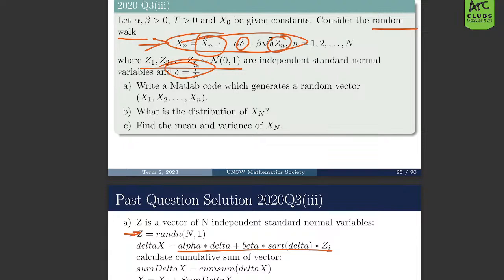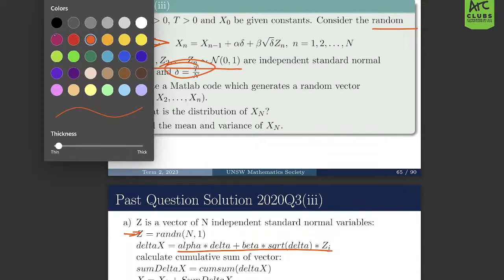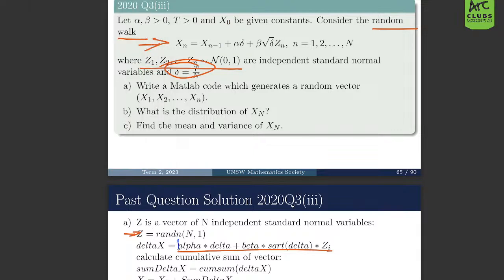And this is really just copying whatever is inside the equation. And we see that this is getting messy. Let's get rid of this. And we see that this bit that I've highlighted is this bit over here. So it's just really putting the definition in. And in order to change the vector into something of this form, which is every single random variable added together, we use another MATLAB function,